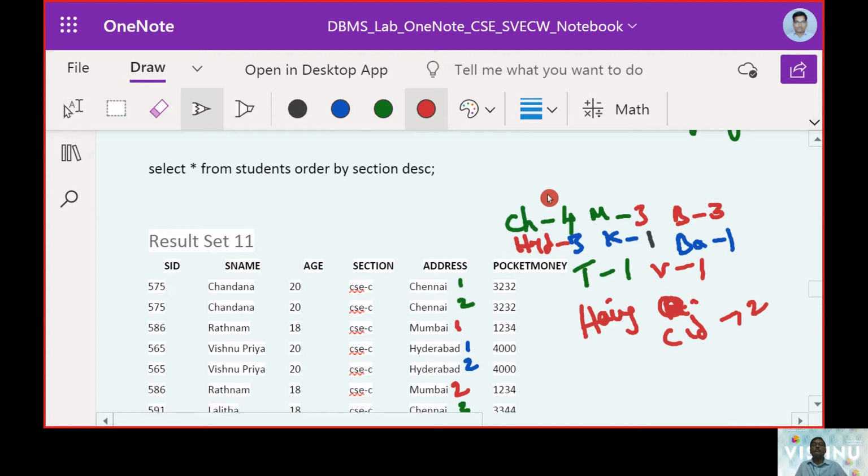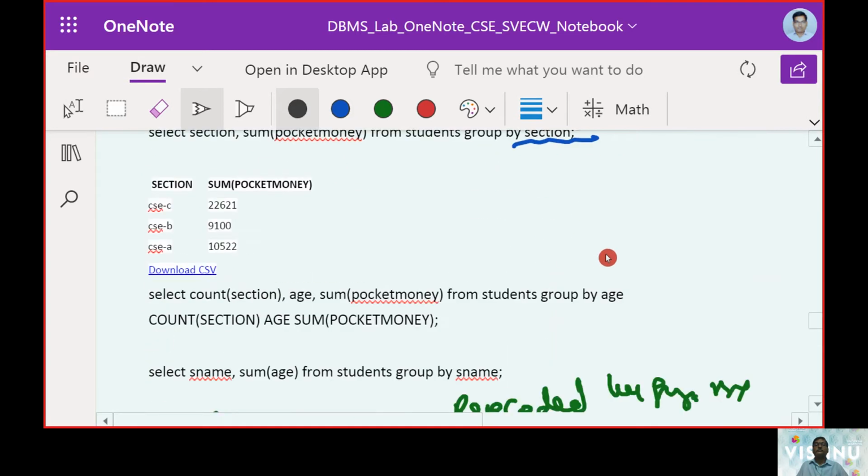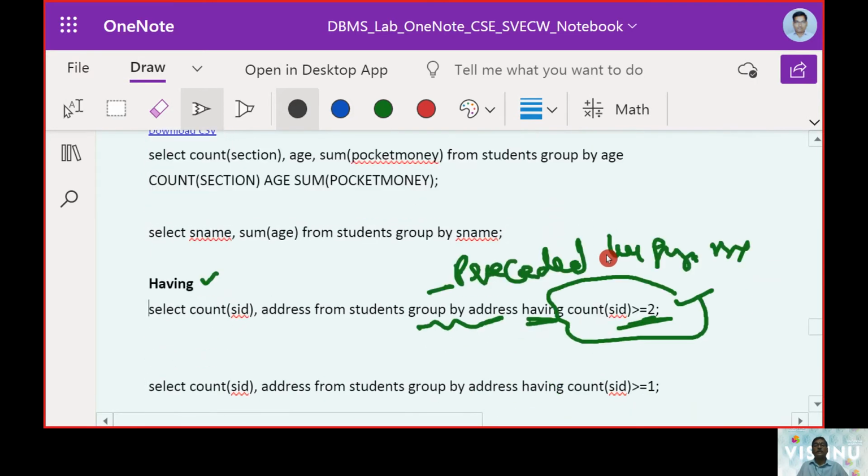So what will be the answer was we can go up with Chennai 4, Mumbai 3, Bhimavaram 3, Hyderabad 3. So we will be expecting 4 answers. And what else we can expect was group by address and having count greater than 2.